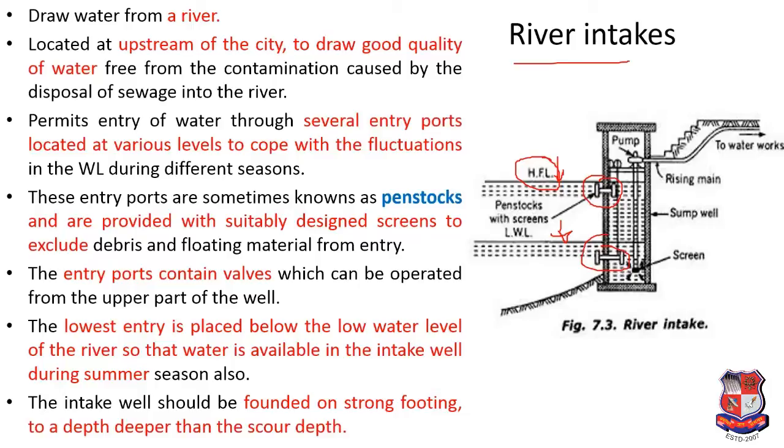Then, as this is also working as a jack well, water is stored inside. Here at the base, a screen or strainer is provided, connected with this suction pipe, and a pump is also provided inside the tower, conveying water through this withdrawal pipe. Here it is written as rising main. Rising main is nothing but, as it is lifting water to a higher elevation, it is called the rising main, and directly water can be transferred to the withdrawal conduit. The main thing here is that you can provide different entry portholes or penstocks, and depending upon the situation of the water, you can operate them.